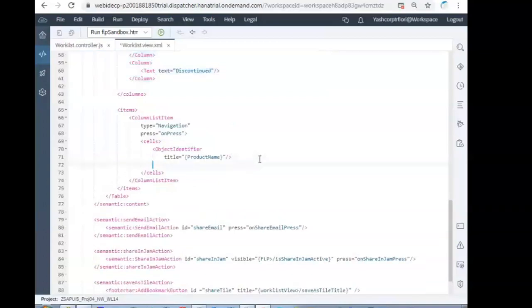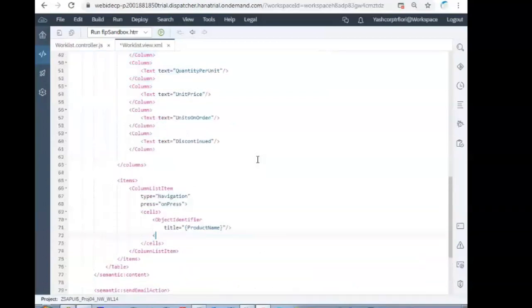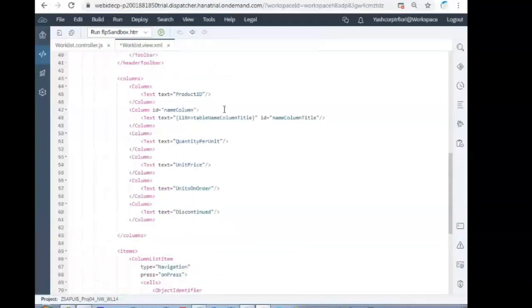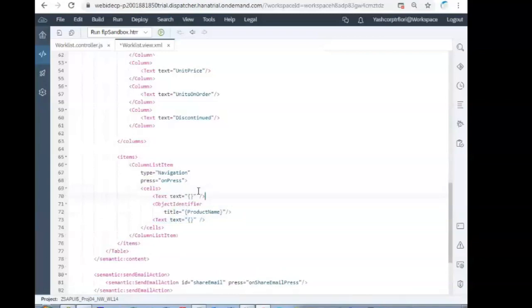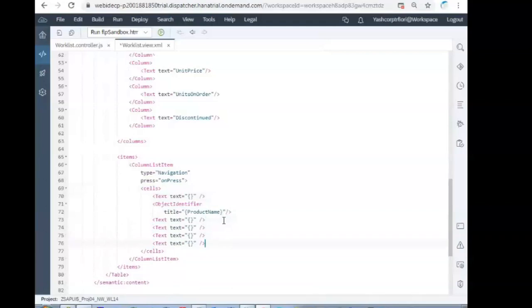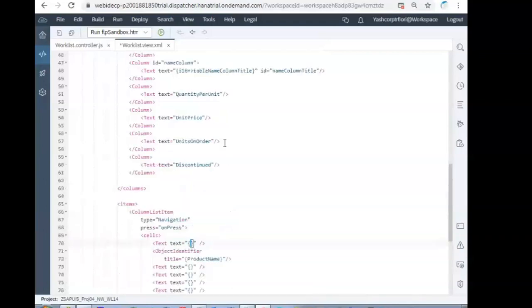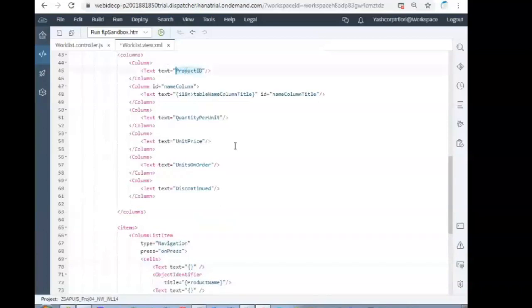So in the cells also add all the model data. One, two, three, four, five. One, three, five. Add the model data also.